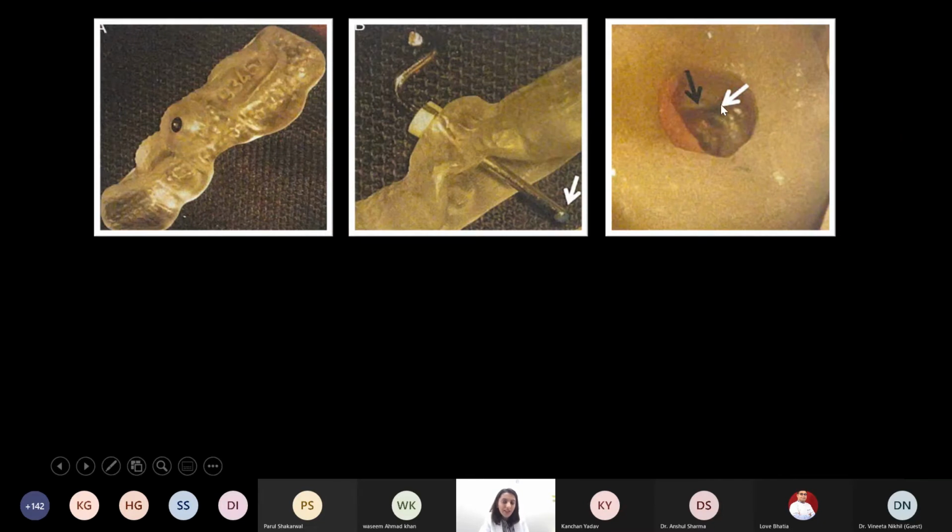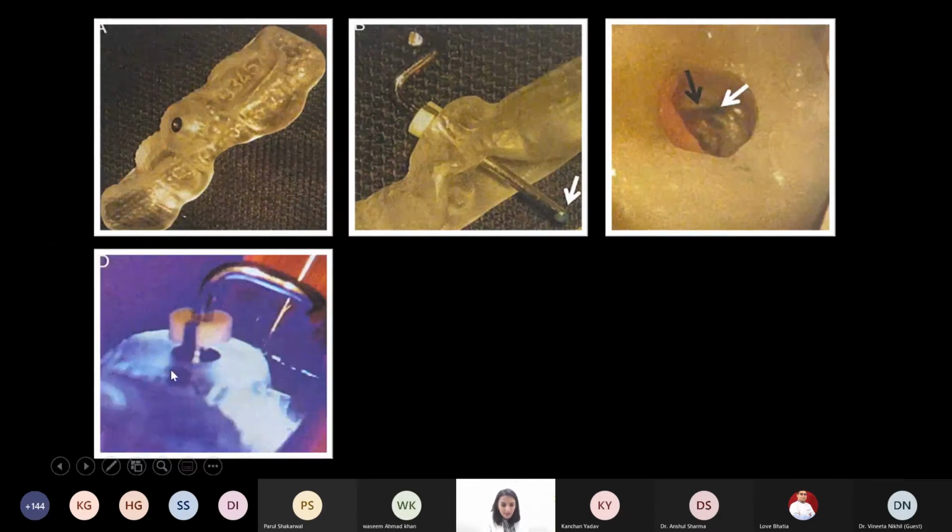I know locating the canal is still easy, but how to negotiate that calcified canal is also important. Plus, there was no visibility without a microscope to even appreciate this blue mark when they were treating this particular tooth. So what they did was fill the access cavity with a composite material temporarily. Now, why did they fill the tooth with the composite? I'm just going to tell you in a moment.